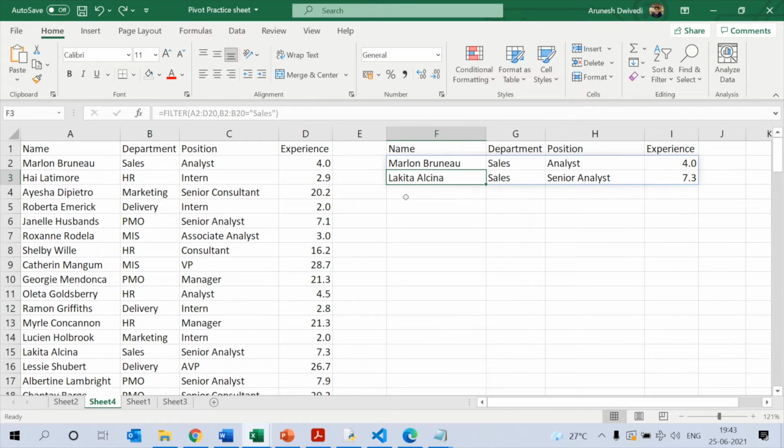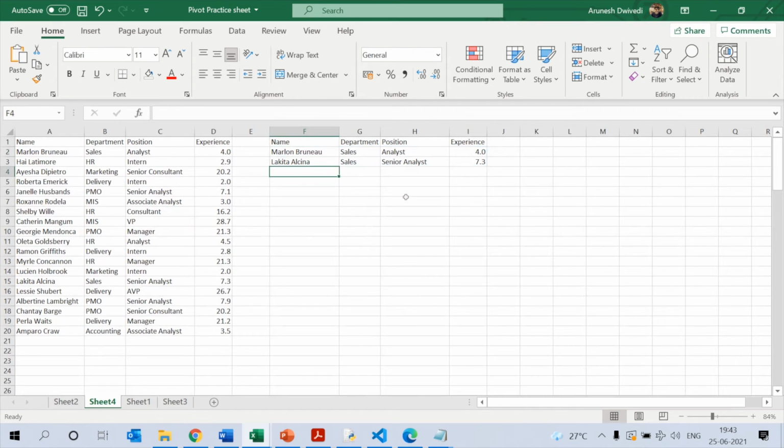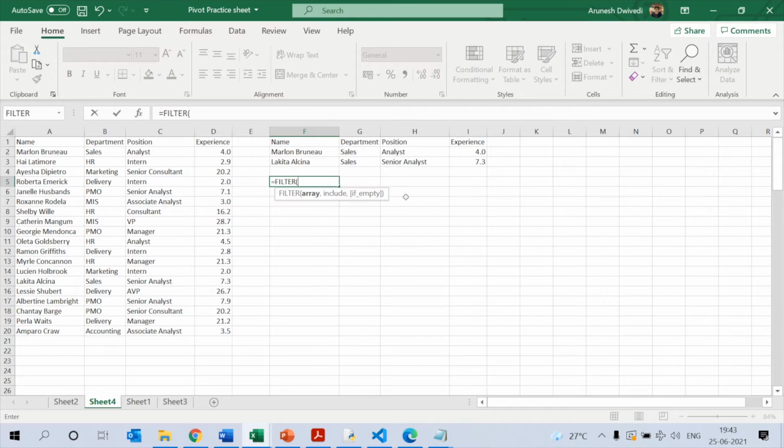Now, what if I wanted to apply a formula on the same column, but with a different set of results? I want the sales as well as HR department, or I want the sales and, let's say, marketing department. So once again, filter formula, the first parameter is the array without the header.